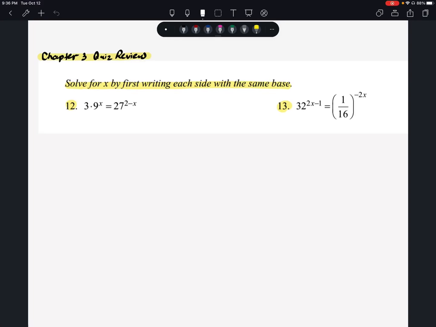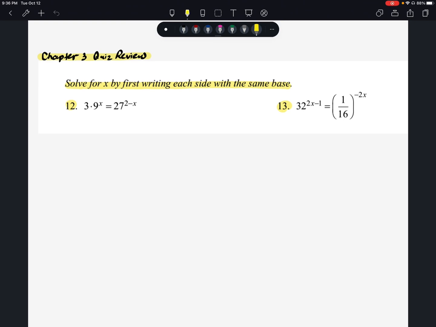All right, this is the video for numbers 12 and 13 from the Chapter 3 quiz review. The directions state, solve for x by first writing each side with the same base. So, number 12, we have 3 times 9 to the power of x equals 27 raised to the power of